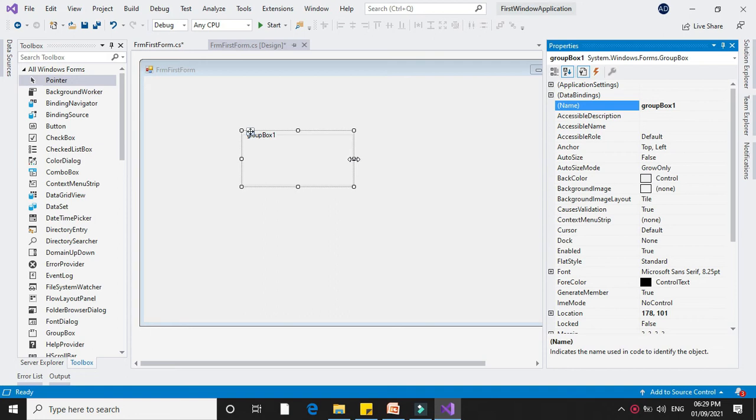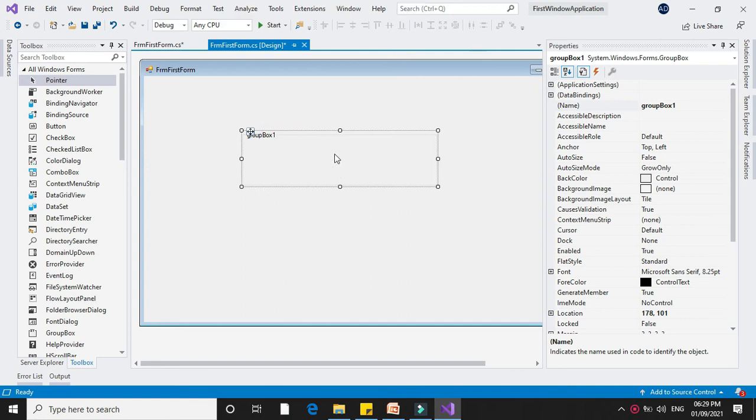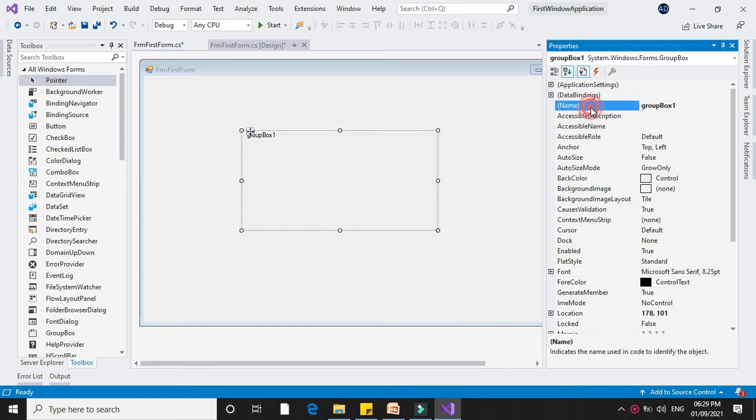Basically, group box is used to hold all logical controls or related controls. So, if you want to hold here the information about the customer, then the group box name will be GRPCSTINF, where we can add different labels and text boxes to accept the information about customer name, address, etc.